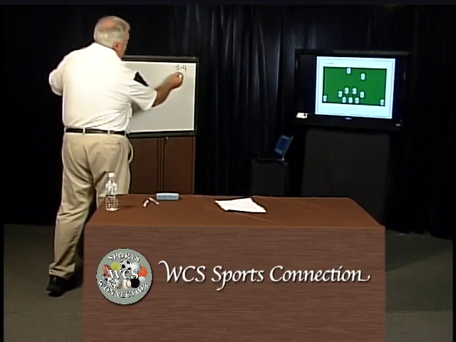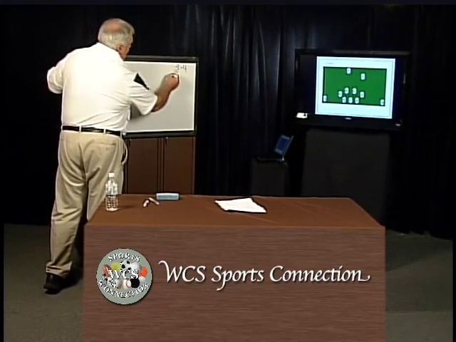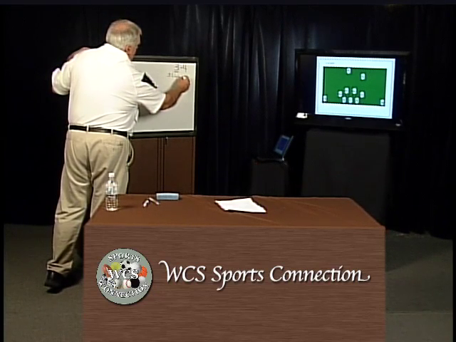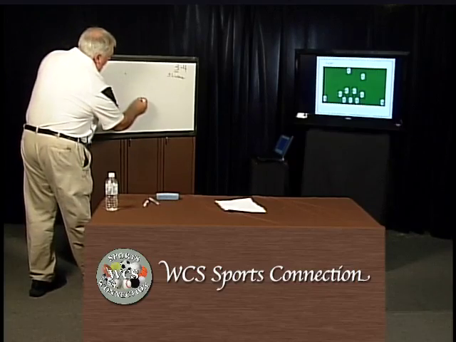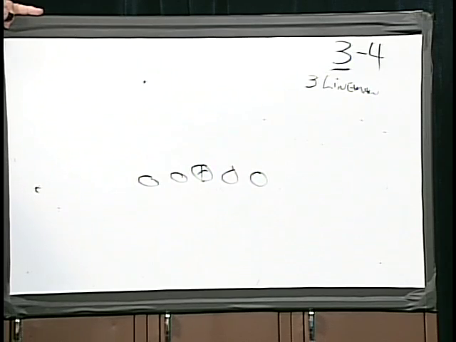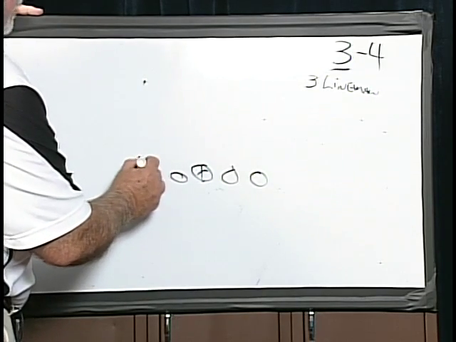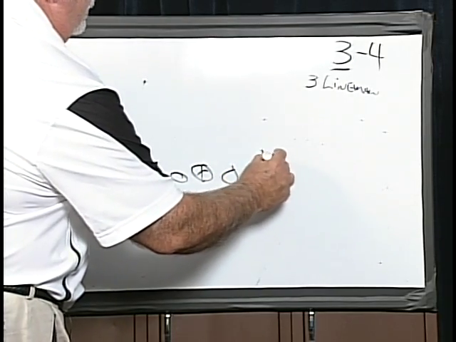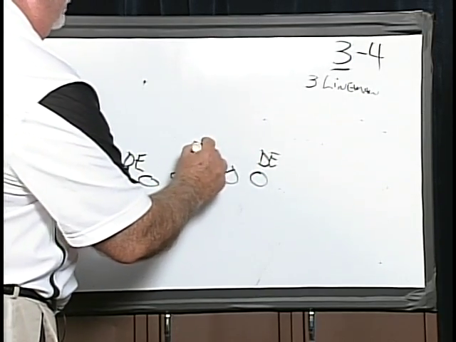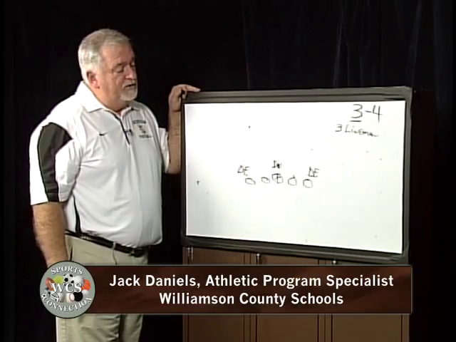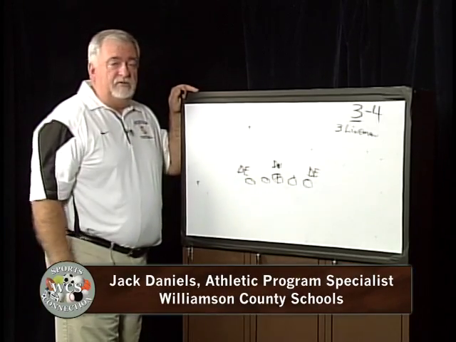3-4. 3 means I've got 3 down linemen. So, put an offense back up here. We're going to get to a spread. I've got a defensive end. I got a defensive end. And I got a nose tackle, or a defensive tackle, defensive nose. That guy lines up on the center. Now, there's terminology for the center. A shade,